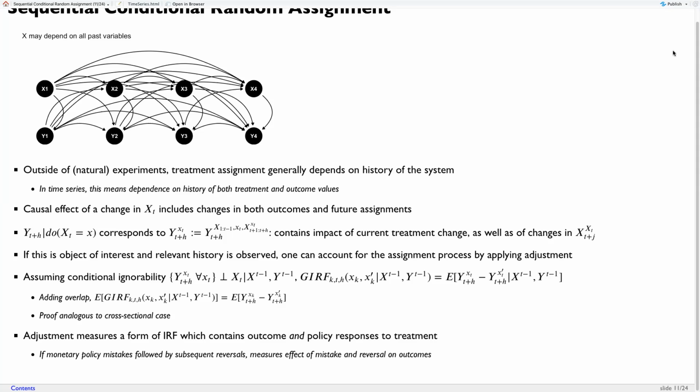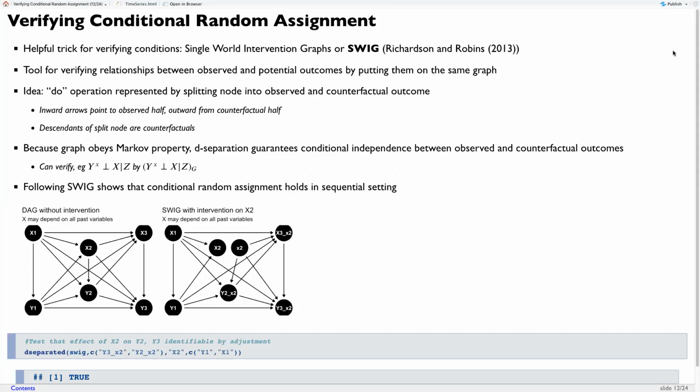So for example, if monetary policy mistakes are followed by subsequent reversals, we're not measuring just the effect of, say, contractionary monetary policy or expansionary monetary policy. If part of the response to, let's say, expansionary monetary policy is for the Fed to think, no, wait, we didn't want to do this, and then afterwards apply contractionary monetary policy, then you're getting the effect of that full sequence, which may or may not be what you want to estimate. So I'll show you some estimates